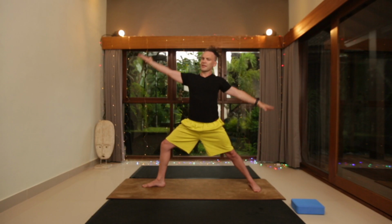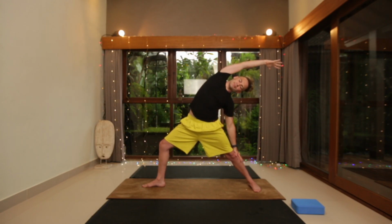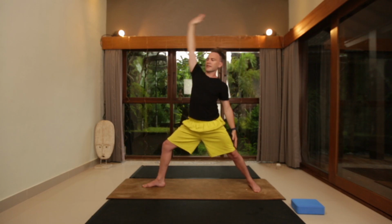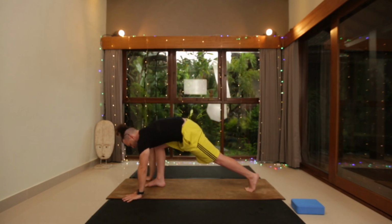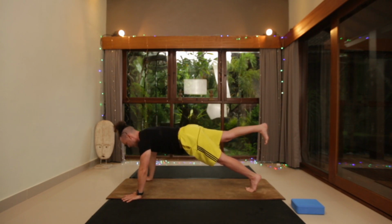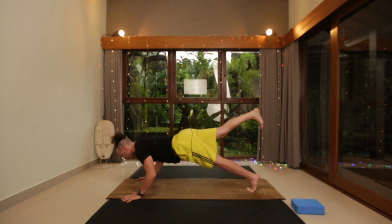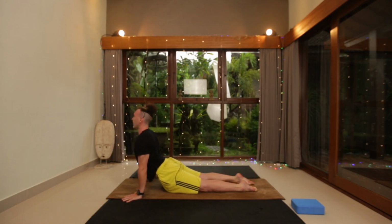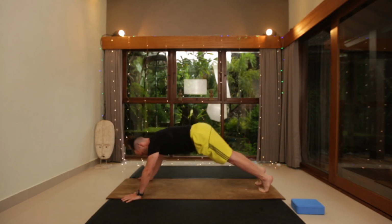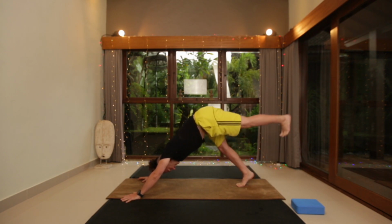reset hands, inhale, reverse warrior, exhale, circle it down, hands frame right foot, inhale to plank, keep the right leg lifted if you want, exhale down to the mat, inhale through to your back bend, exhale, downward dog, inhale left leg up and back,